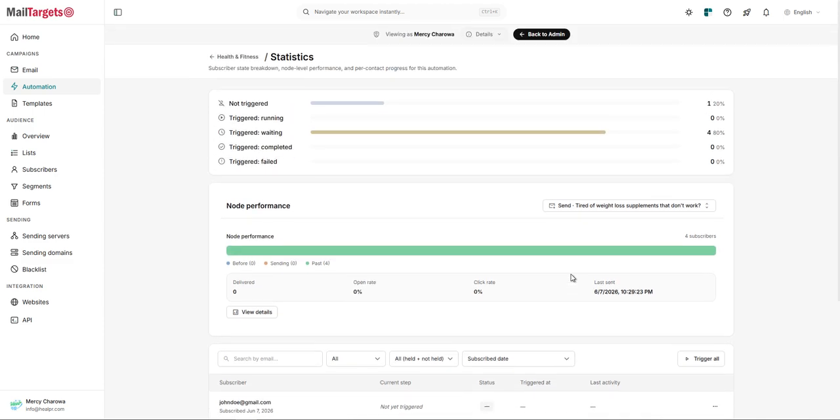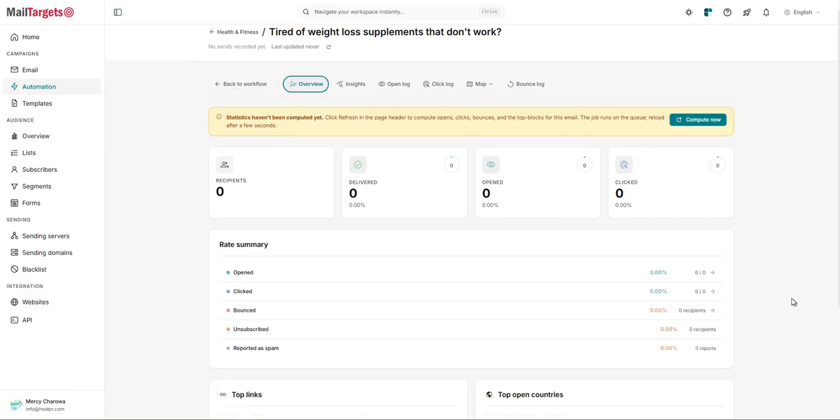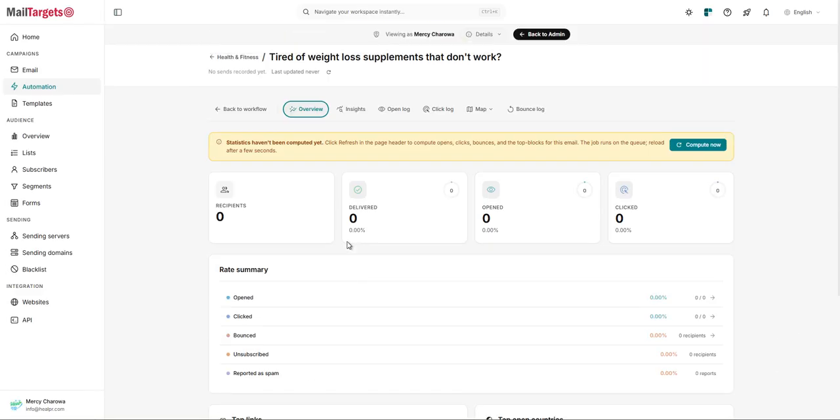All right, view details. So it's going to track and then it's going to give me results of who opened and who hasn't yet opened. So here statistics haven't been computed yet, but click refresh and etc. So here you click to refresh, then it's still trying to collect data of who opened and who hasn't opened and stuff like that. Okay,